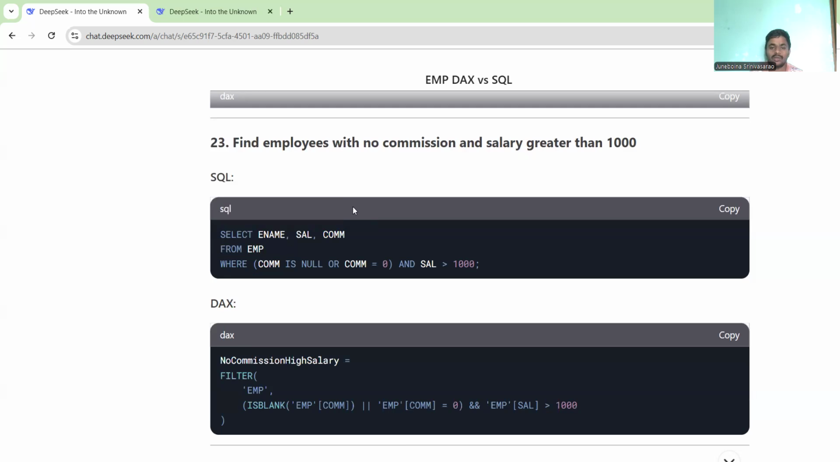For this, we must select the ename and salary and commission from EMP table. The filter conditions are with no commission and salary greater than 1000. For this, we write SQL here. So first we select ename, salary, commission from EMP table